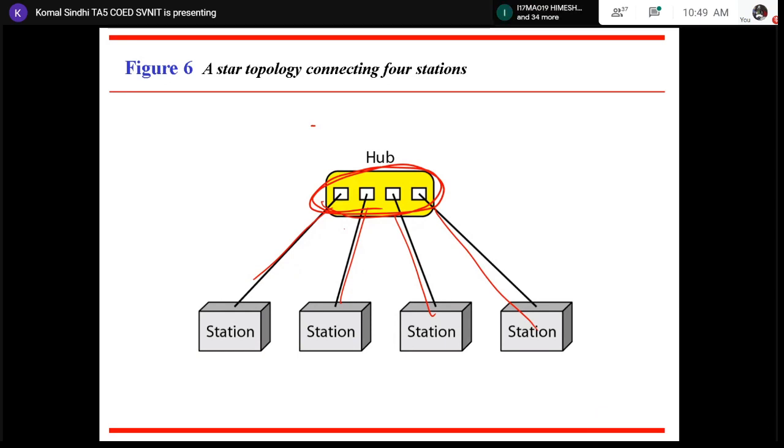Correct, there will be no data collision as well because every station has its own link. They are not sharing a common link where some collision would happen. Any two, three or four stations can send data simultaneously to the central hub, which will forward the data. Now, what about drawbacks of star topology?